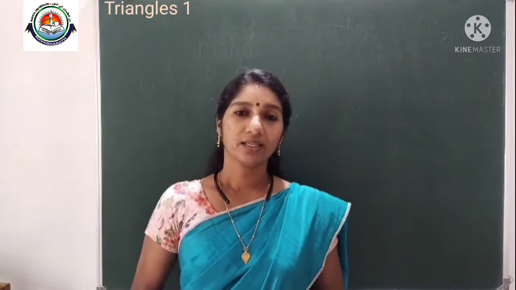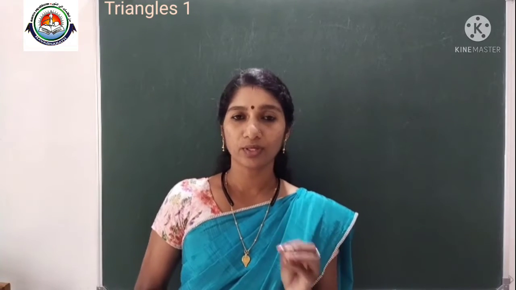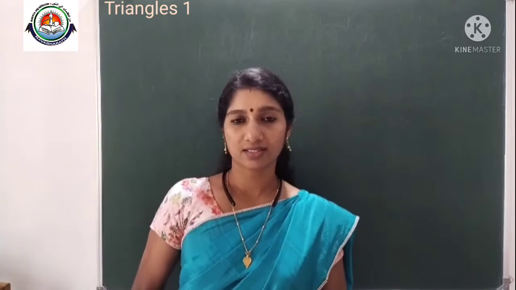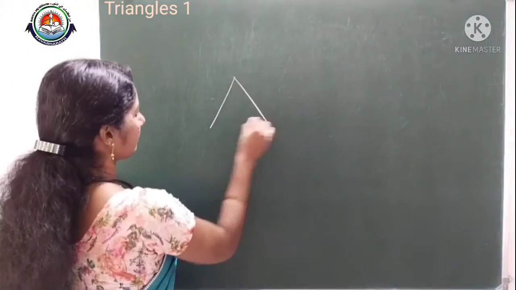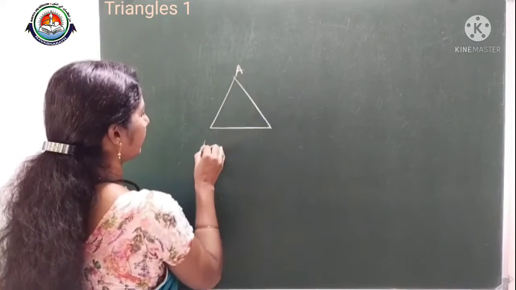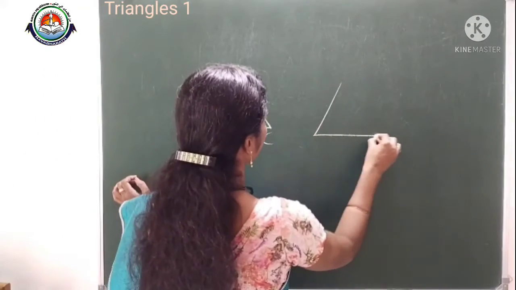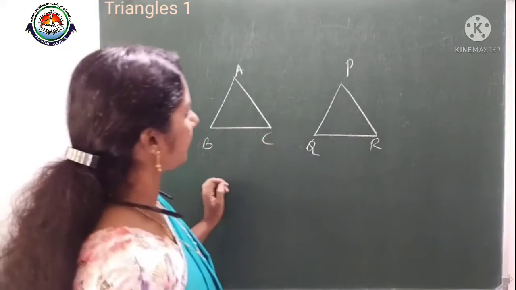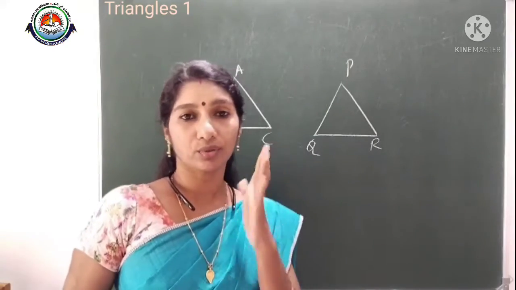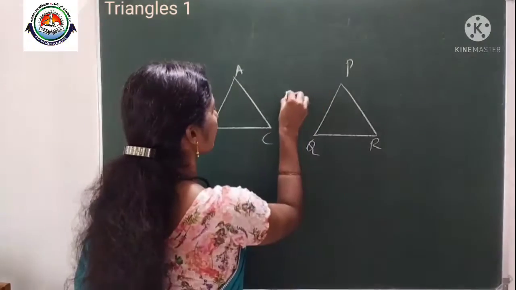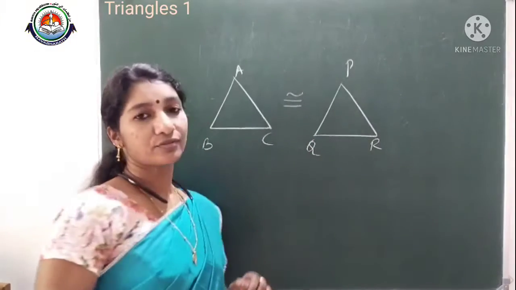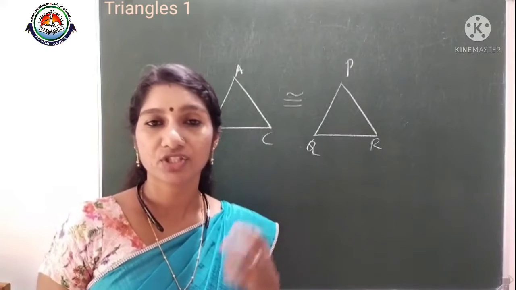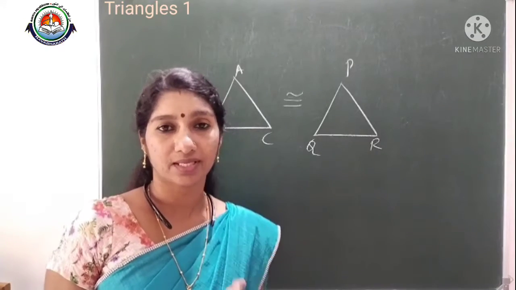So in the case of polygons, if two polygons are equal, both polygons should have the same size and the same shape. In the case of triangles, we have two triangles. Taking one triangle as triangle ABC and another triangle as PQR. It's given these two triangles are congruent. We will write congruent like this. This is the notation for writing congruent. So congruent means these two triangles are equal in their size and shape. Same shape and the same size.